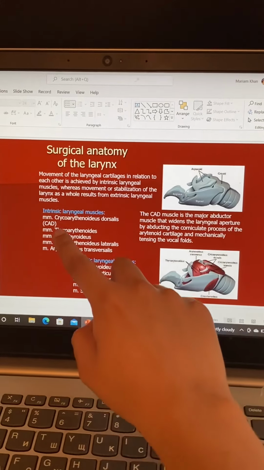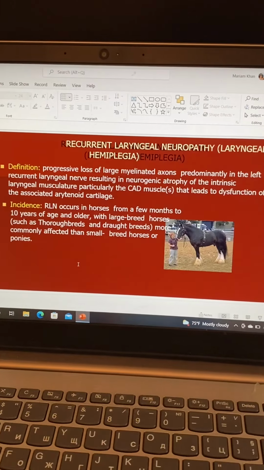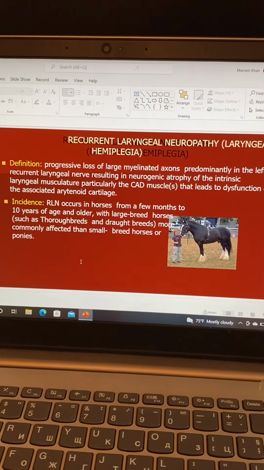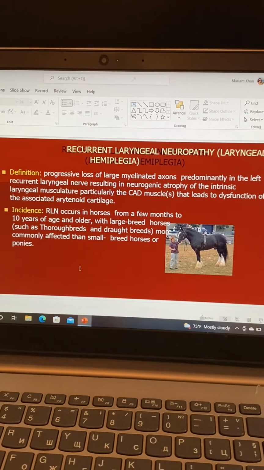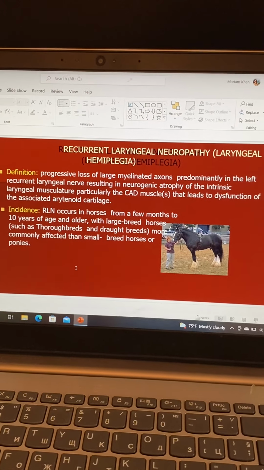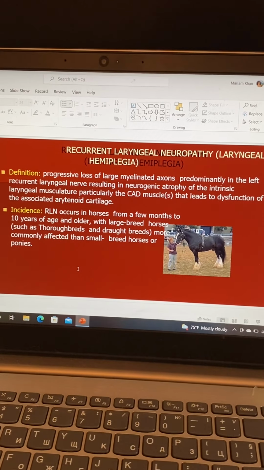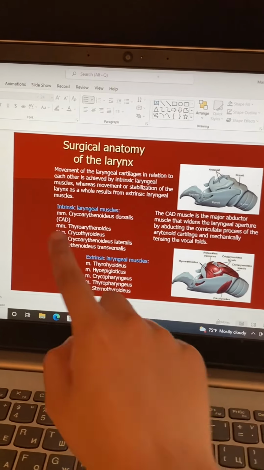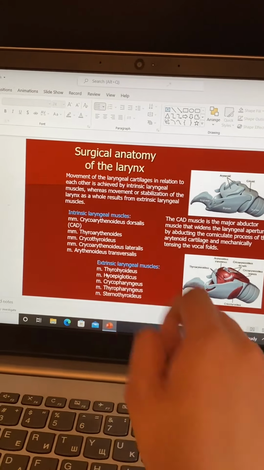So you get atrophy of these laryngeal muscles, which, as we said, is responsible for the movement of the cartilages, particularly the CAD muscles, and this leads to dysfunction of the associated arytenoid cartilage. So the main issue is here,